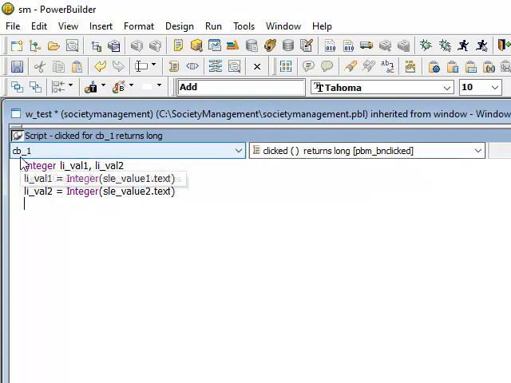So the variables which are declared at script level are called local variables. Listen carefully, the variables which are stored at script level are called local variables.